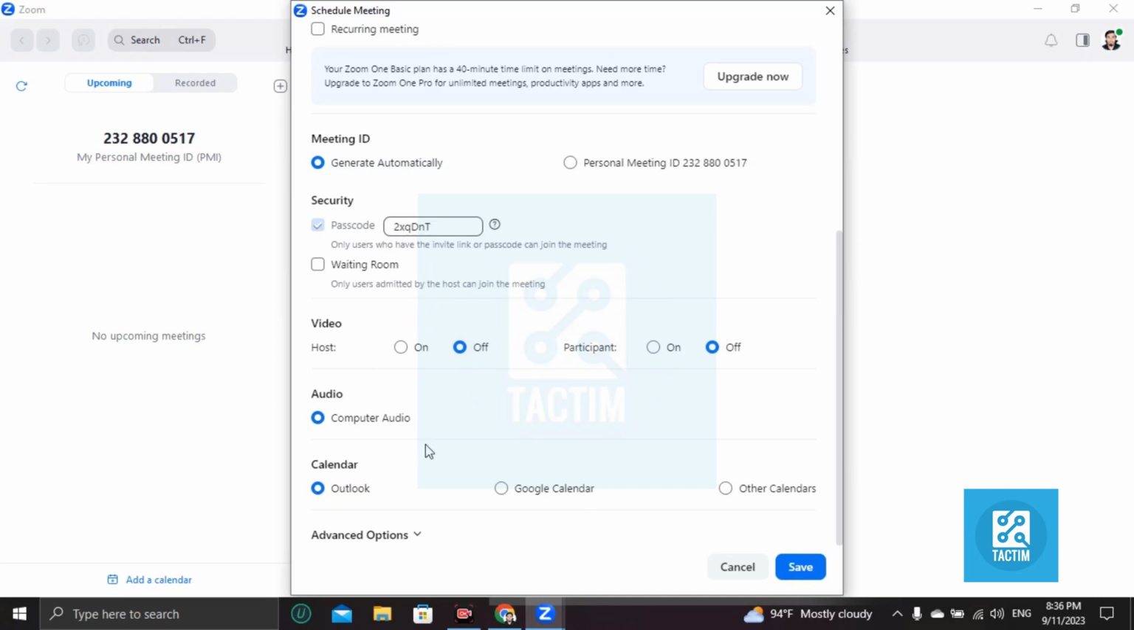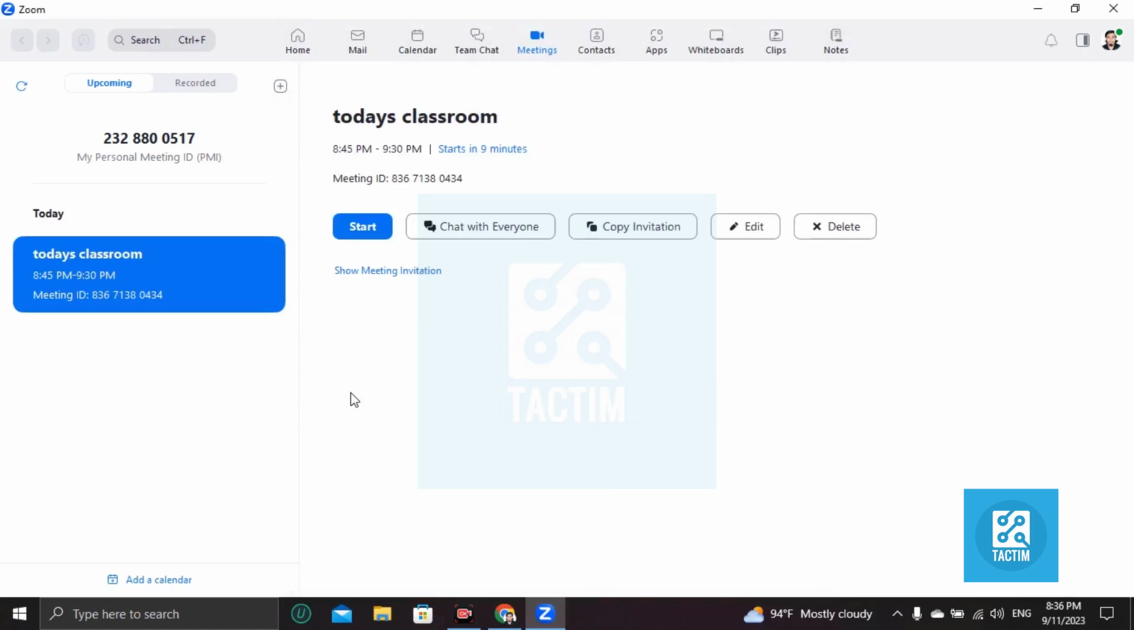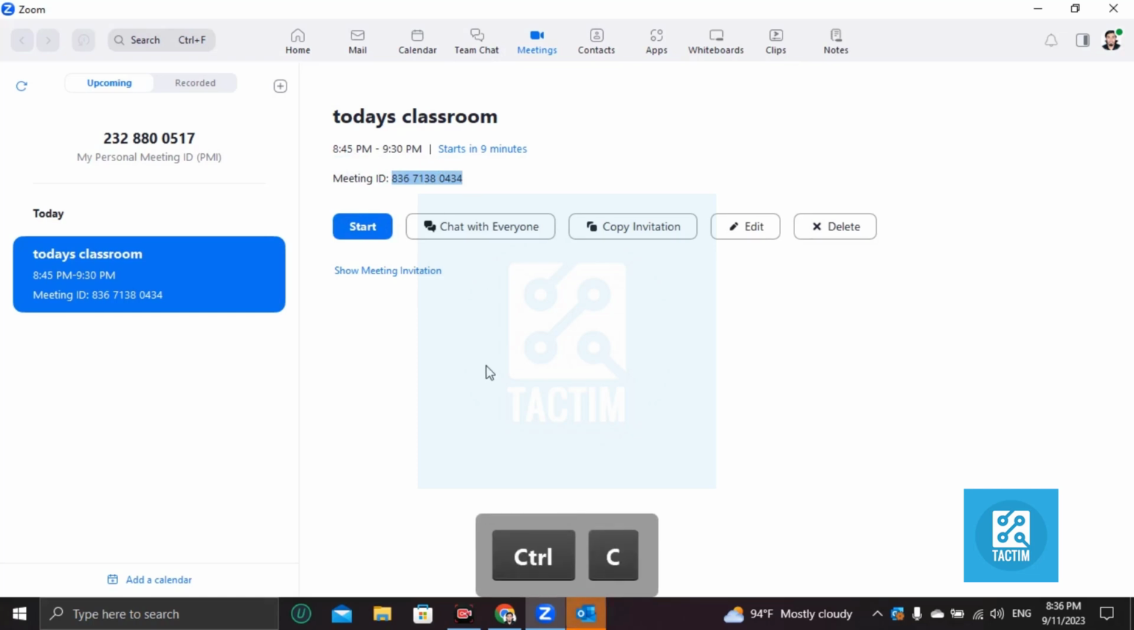And then if all is good, host off, participant off, you can turn this on. If all is good to you, then just click on this save, and then you can see here your meeting is ready. It will be started within 9 minutes, or this is the time what you have set, and this is the meeting ID. You can copy this meeting ID too and send to your students or any fellow who wants to join